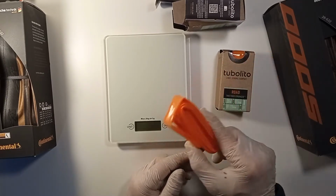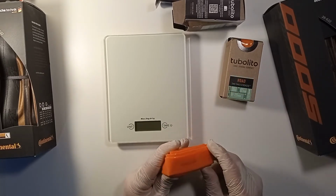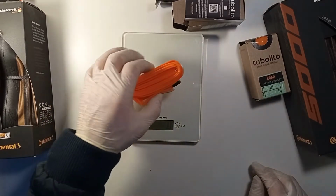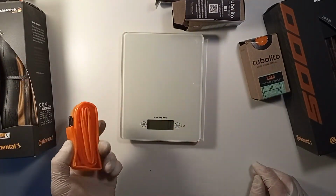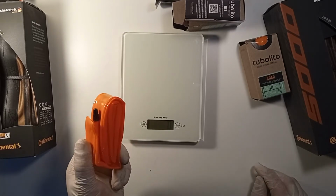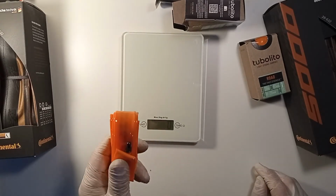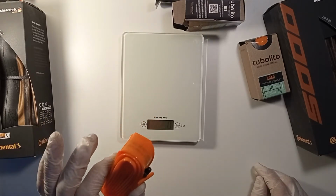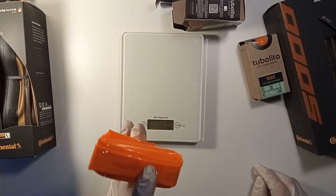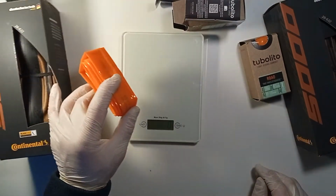I'm a regular consumer of these kind of tubes, because when you're trying to lower your bike's weight, one of the places you'll most notice the weight is on the wheels. And the cheapest way to lower it is by using, firstly, different tubes or lighter tubes, and then lighter